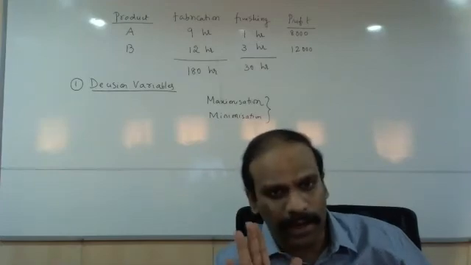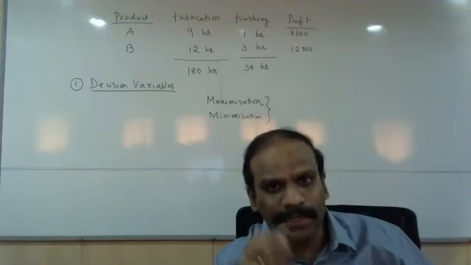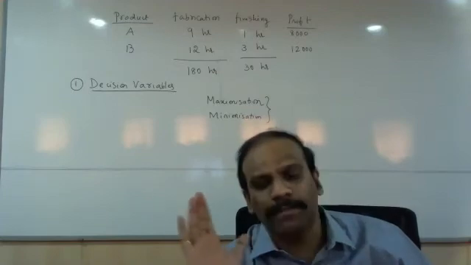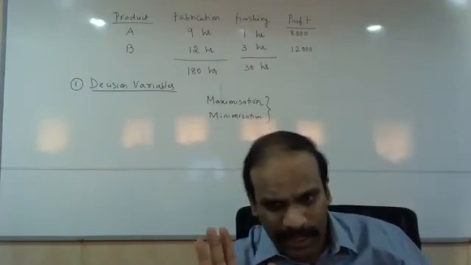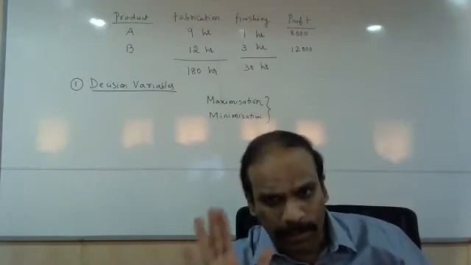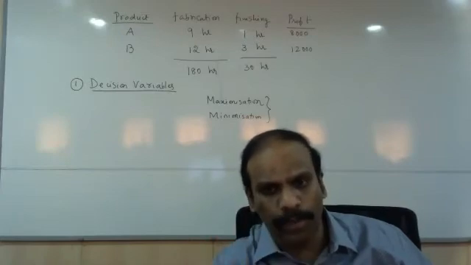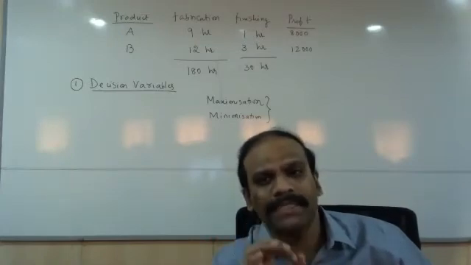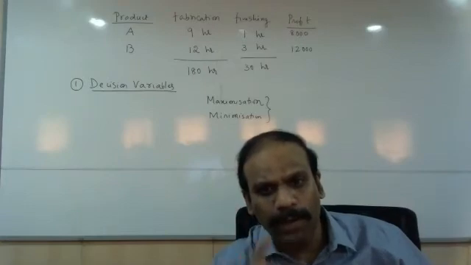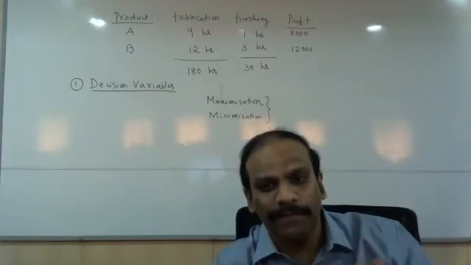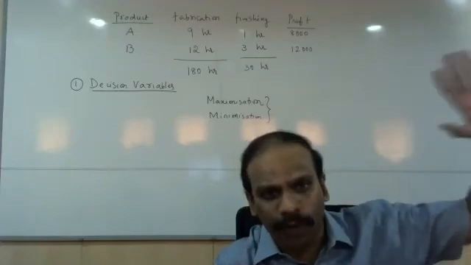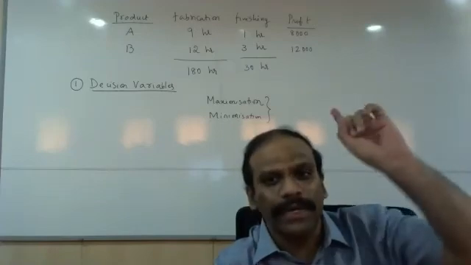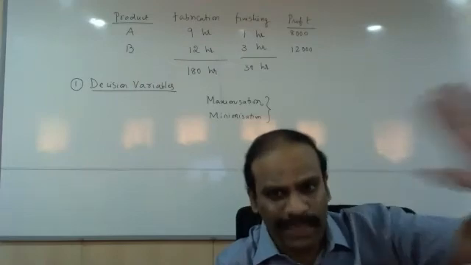what is the one thing very clear? The company wants to maximize the profit. That is the objective. That is very clear. Are you all understanding? Are you all with me now? The primary objective of this particular problem is that the company wants to maximize the profit. In any problem where profit values are given, without any hesitation you can conclude that the objective of that company is to increase the profits.